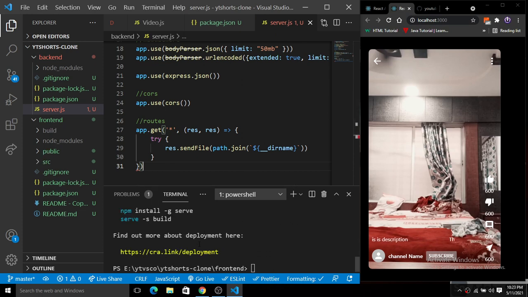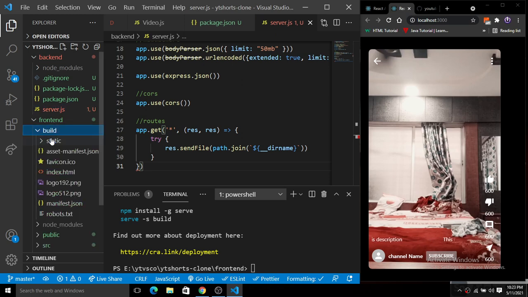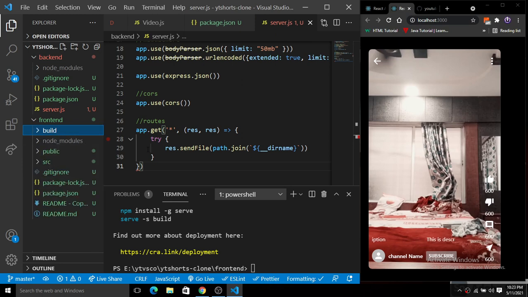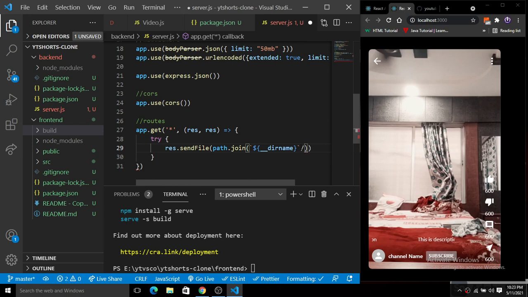So now you can see here the build is complete, and now here you can see we have a build directory. Inside of this we have this index.html, which is very, very important, because this index.html is going to render when we deploy this application, and it has all the information of the whole front end here, right? So inside of this build, now let's add this path name here. So we have this directory name, and then we have here let's put / here, and inside of this we have